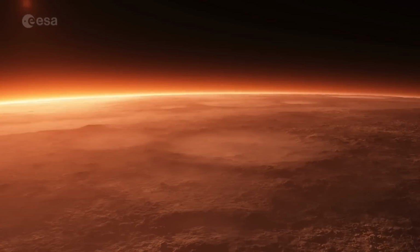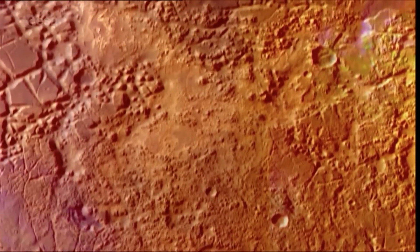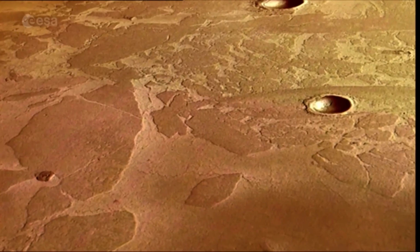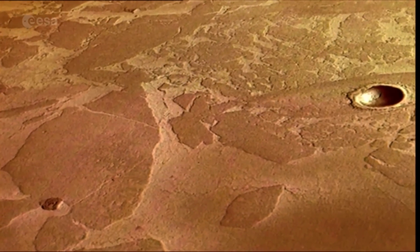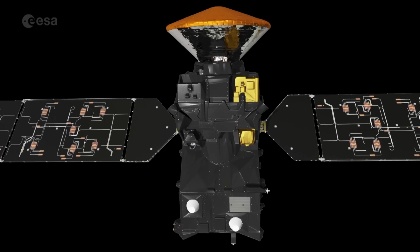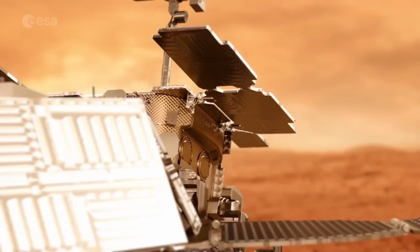The presence of methane in Mars's atmosphere offers intriguing possibilities. It could result from geological hydrothermal reactions in the planet's mantle, or it may be from simple life forms like microbes. Whatever the origin, Mars is no longer a dead, red, dusty planet, as it's much more dynamic than previously thought. But the information gathered by the ExoMars Trace Gas Orbiter and the Schiaparelli lander will not only further our understanding of the planet, it will also help the